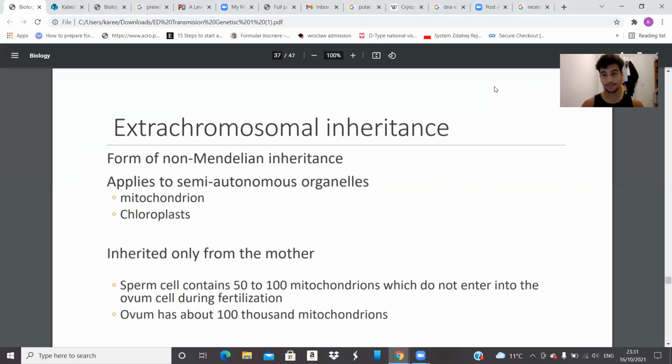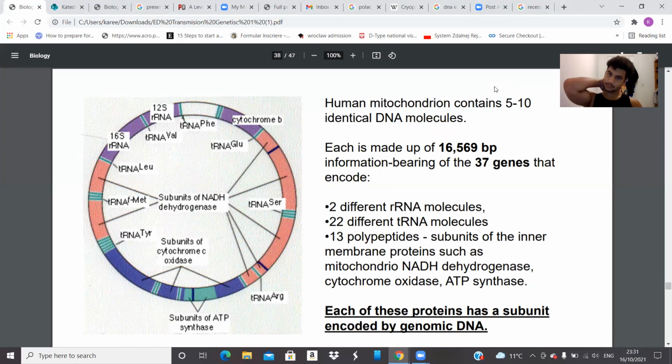Anyways, it is inherited only from the mother. Like I said, sperm cells contain 50 to 100 mitochondria, but they do not enter the egg during fertilization. The ovum, the egg, has 100,000 mitochondria. Human mitochondria contain 5 to 10 identical DNA molecules. Each one has 37 genes, which encode 2 different rRNA molecules and 22 different transfer RNA molecules. So ribosomal RNA and transfer RNA. So you also have pieces of DNA in the mitochondria that code for ribosomes,